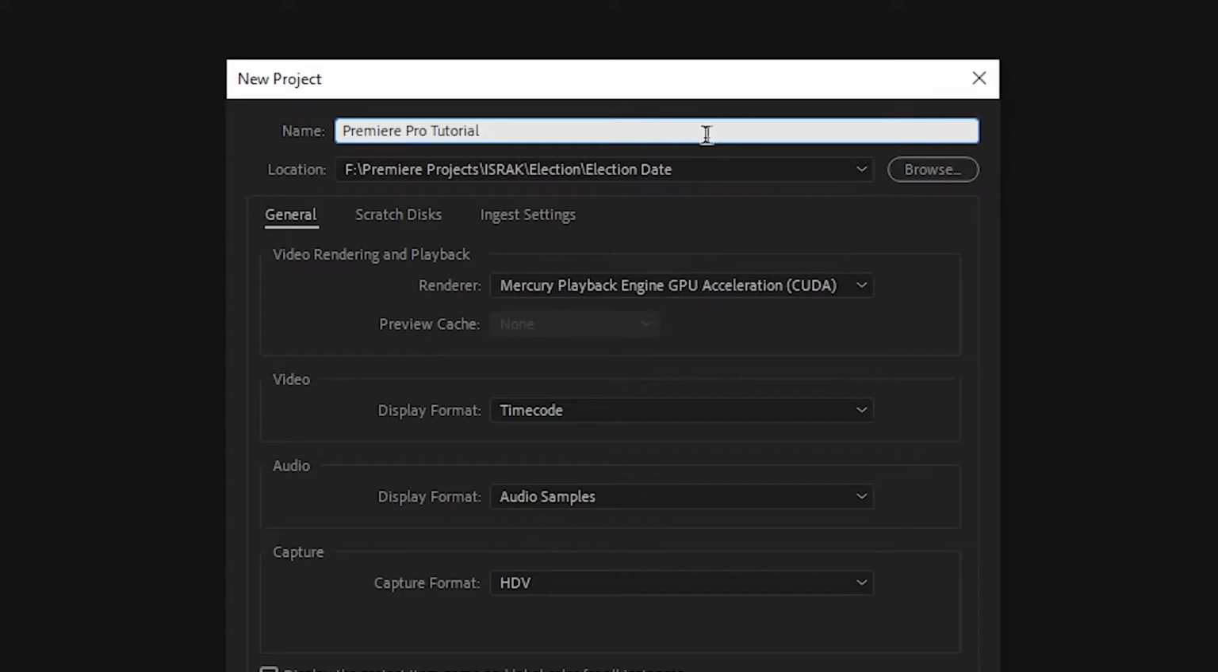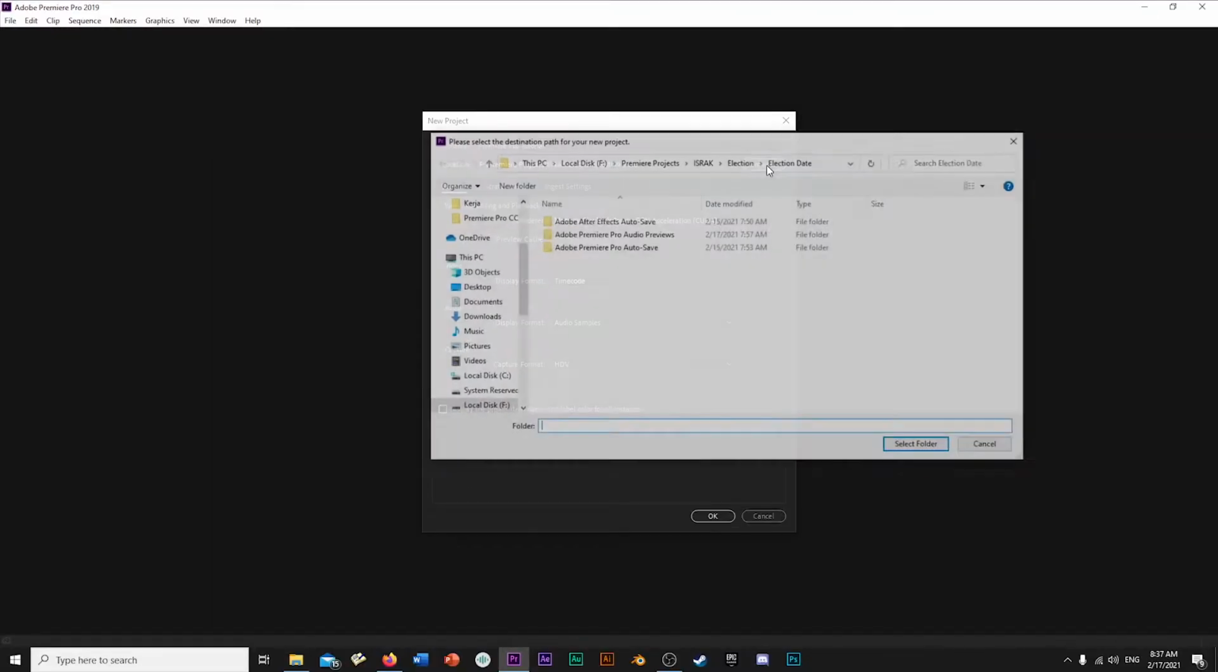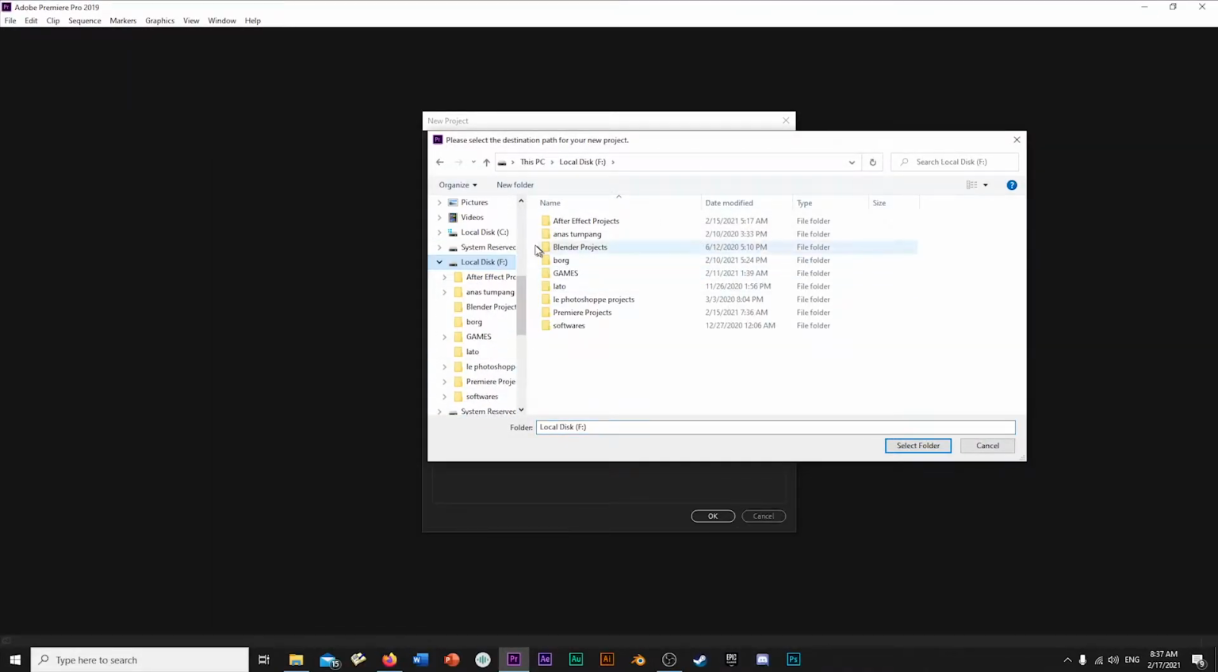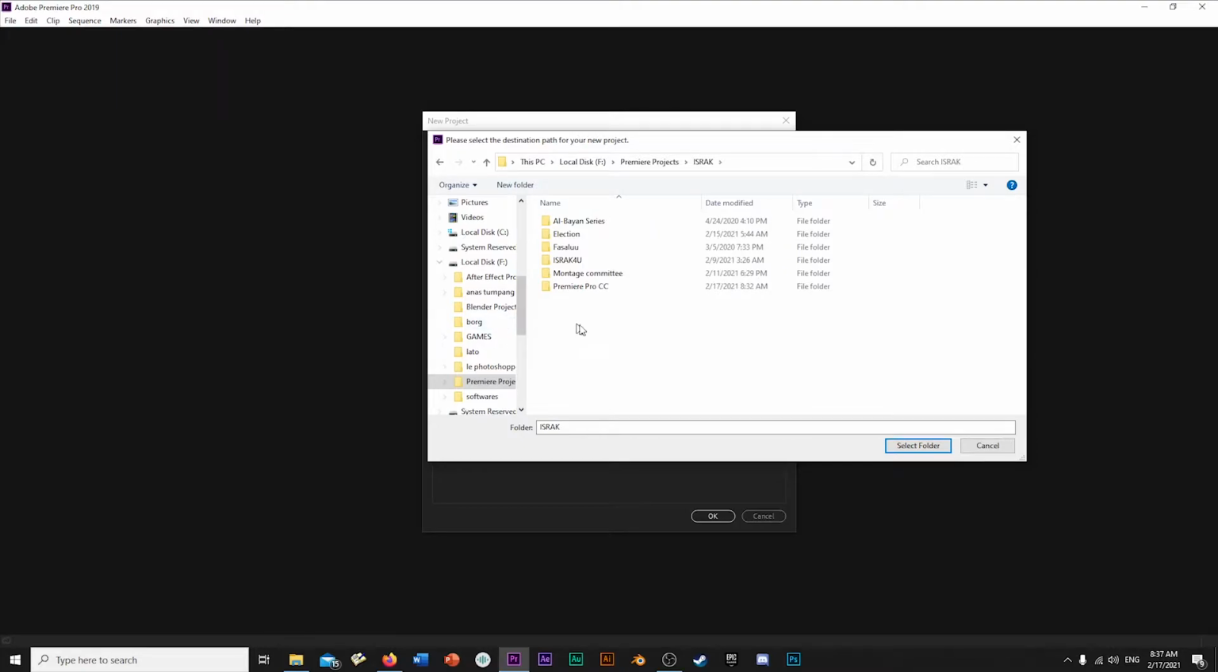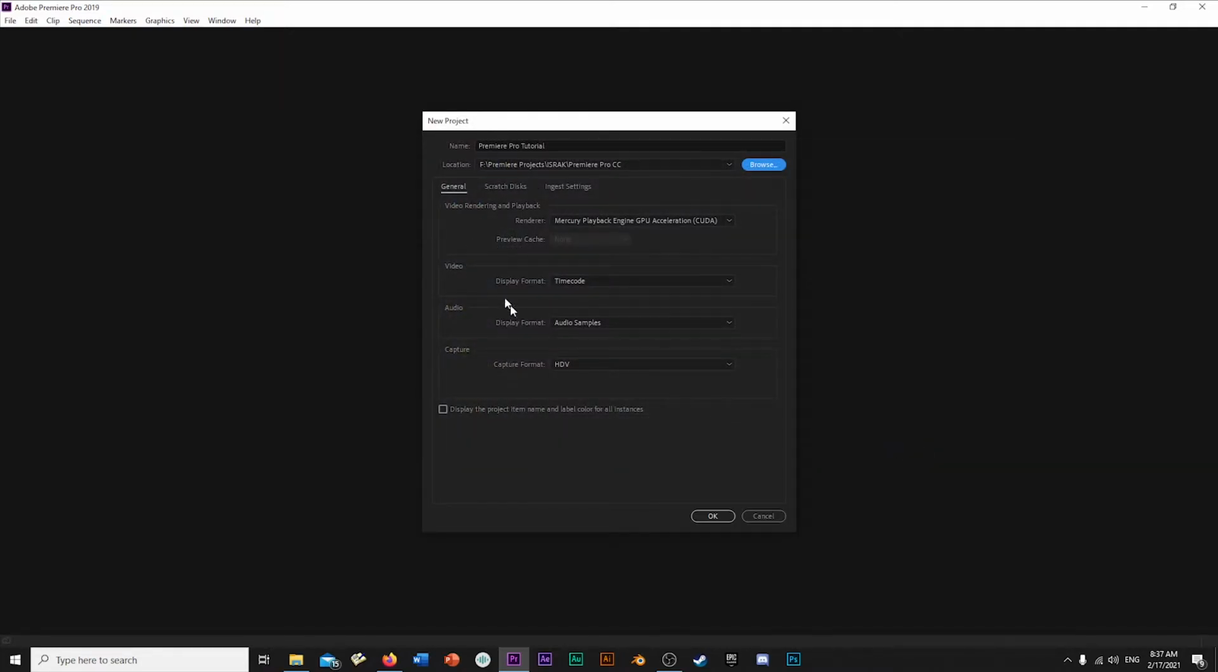The second one is the location, where you want to locate this project in your files. For me, I want to locate it in my F local disk, and because this is for ISRAK Studio video, I'm going to put it in here, Premiere Pro. After you locate that file and name that file,